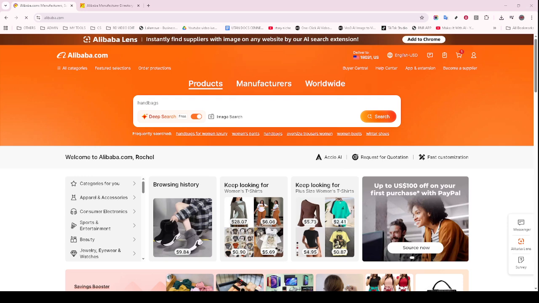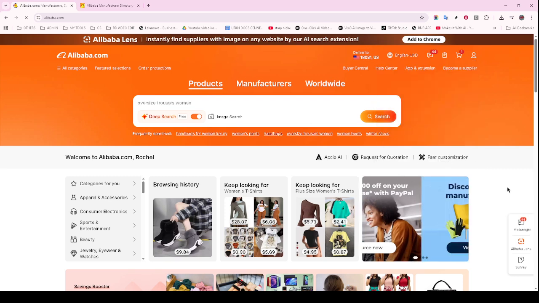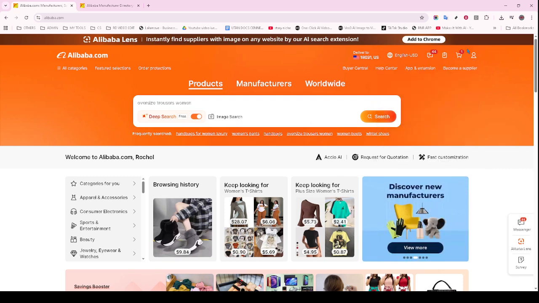resolves the issue. By following these detailed troubleshooting steps, you'll hopefully have rectified the challenges you were experiencing with the Alibaba app. Don't forget, consistent maintenance like keeping your apps updated and managing storage is key to ensuring long-term improved performance. If you continue to experience problems, reaching out to Alibaba's customer support for further assistance might be the best